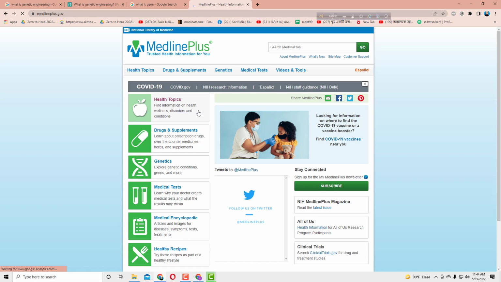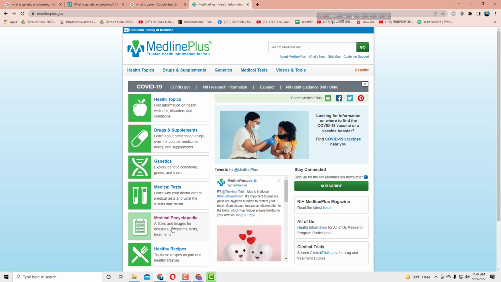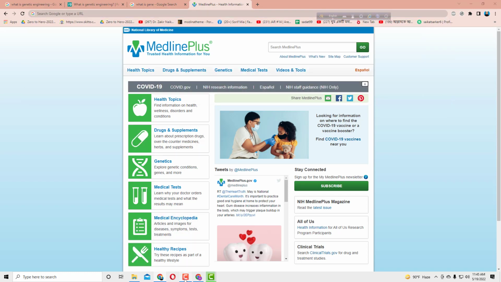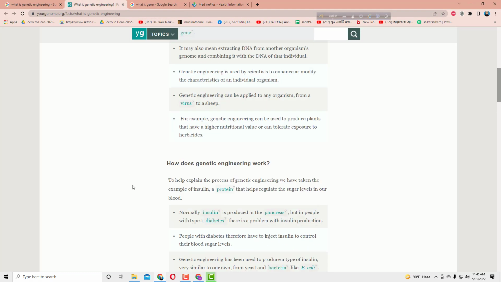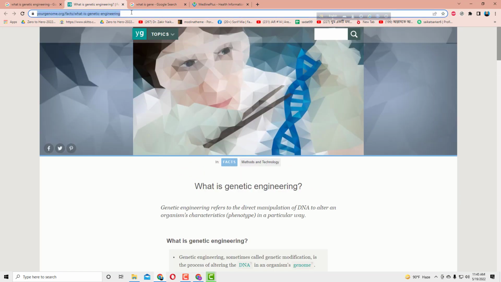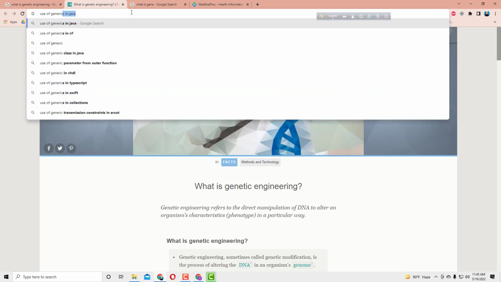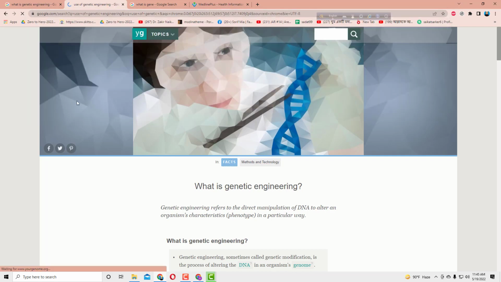ওয়েবসাইট আসলে কি কি কন্টেন্ট দেয় একটু দেখি চল। হেলথ টপিকস, ড্রাগ অ্যান্ড সাপ্লিমেন্ট, জেনেটিক্স, মেডিকেল, এনসাইক্লোপিডিয়া, হেলথ। তাহলে জিন এবং জেনেটিক ইঞ্জিনিয়ারিং সম্পর্কে আমরা জানতে পারলাম।